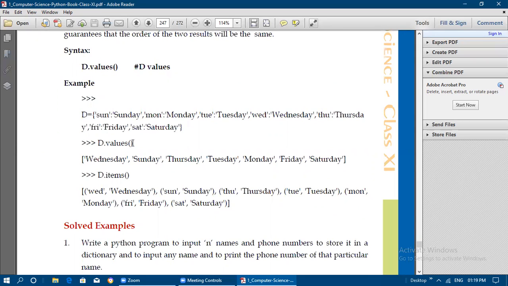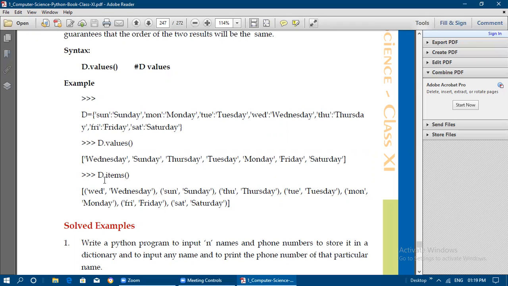So here, if you call the values method for the dictionary D, okay, d dot values, then the values of this dictionary, that is Wednesday, Sunday, Thursday, Tuesday, Monday, Friday, Saturday, only the values alone are printed as a list inside square brackets.